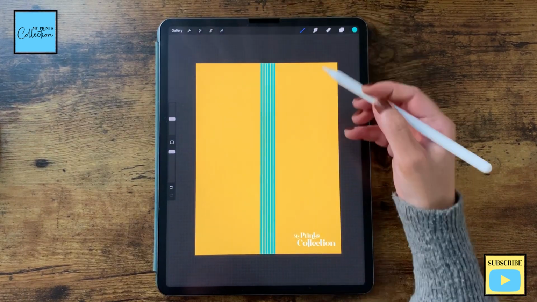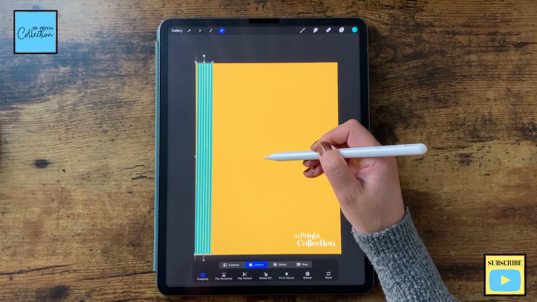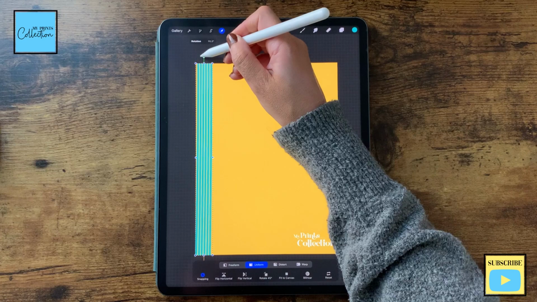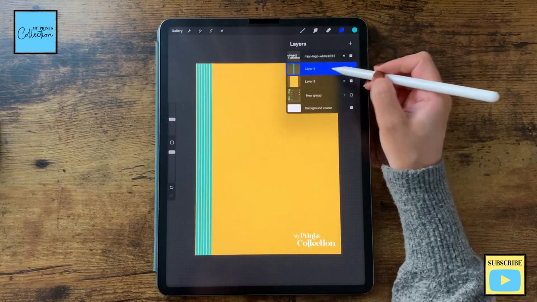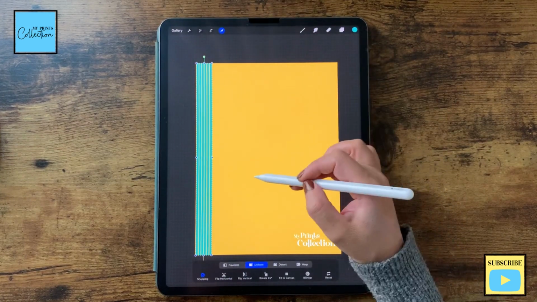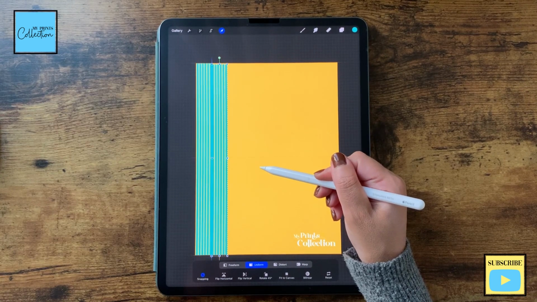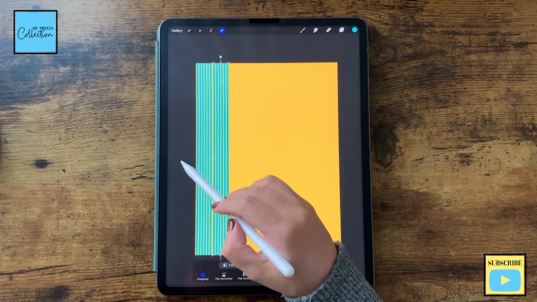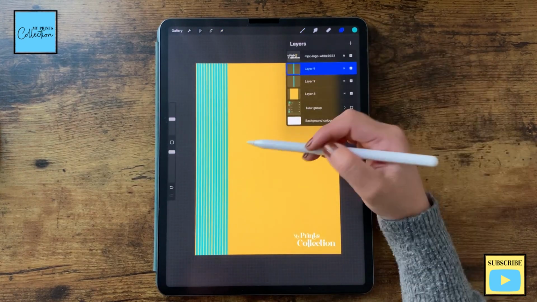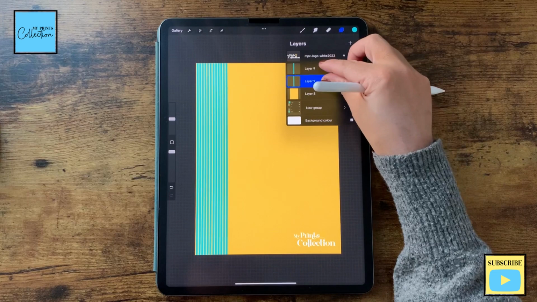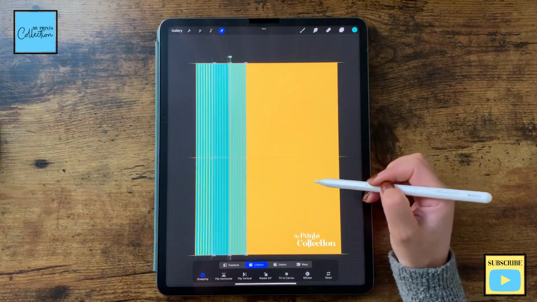Okay, and now I'm gonna select and move it over here, and I'm just gonna swipe this to make the perfect line. Okay, great. Now I'm gonna duplicate this layer and I'm gonna move it to start creating our pattern. So like this, tap, make sure that it has the same spacing. Merge these two layers, duplicate it again, click on select,